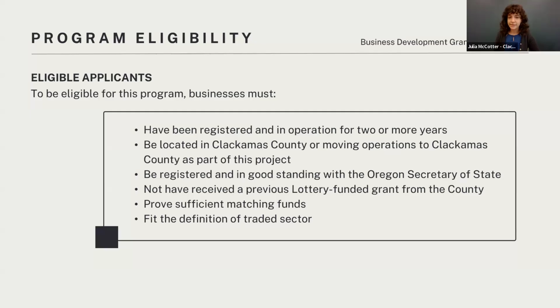So to be an eligible business, you must be 2 years old. That does not mean you need to have been registered in Clackamas County or even in the state of Oregon for 2 years. If your business has moved from out of state or from a different county or even internationally, that's fine. But this program does not fund businesses that are less than 2 years old. So if we're not able to verify the age of your business accurately using your Oregon Secretary of State ID, you will need to submit additional documentation to prove the age of your business. So keep that in mind if you have kind of a unique case there.